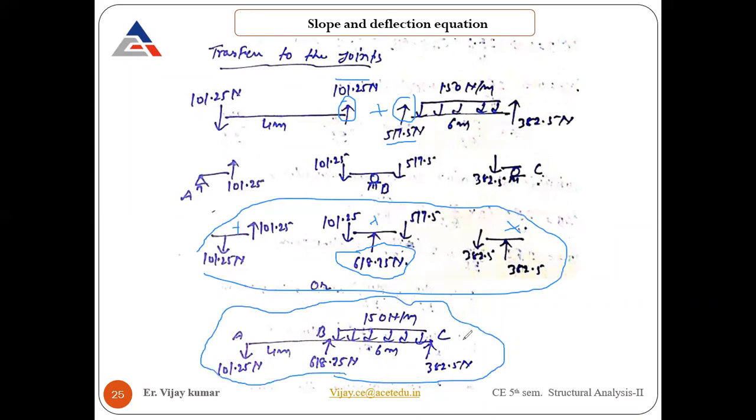Fine. You can draw the shear force and bending moment diagram also. Now, if you are going to draw the shear force diagram, what will happen? Just go 101 downward, continuous with it. Then there is a change, means a direct change, which is coming out approximately, you can say 517, take upward side. And there is a UDL, means the triangular loading will be there at somewhere like here, triangular loading. Then this is the straight line. This is the shear force diagram.